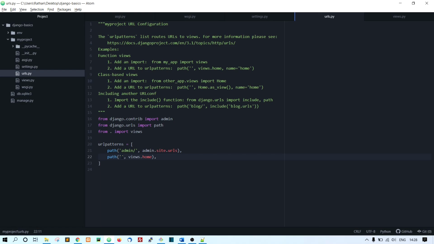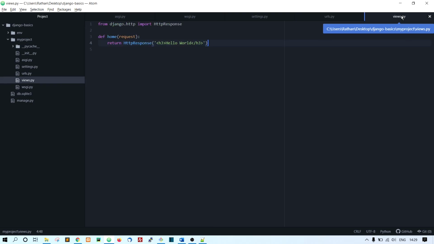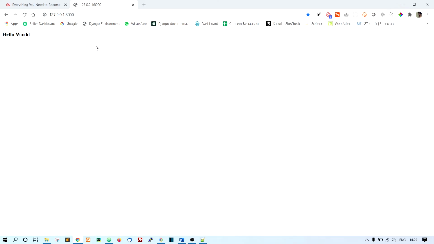When this is true, the request went to views.home, the home function in this views file. There we are just returning the hello world HTML, so that's why it printed hello world. This is how it works.